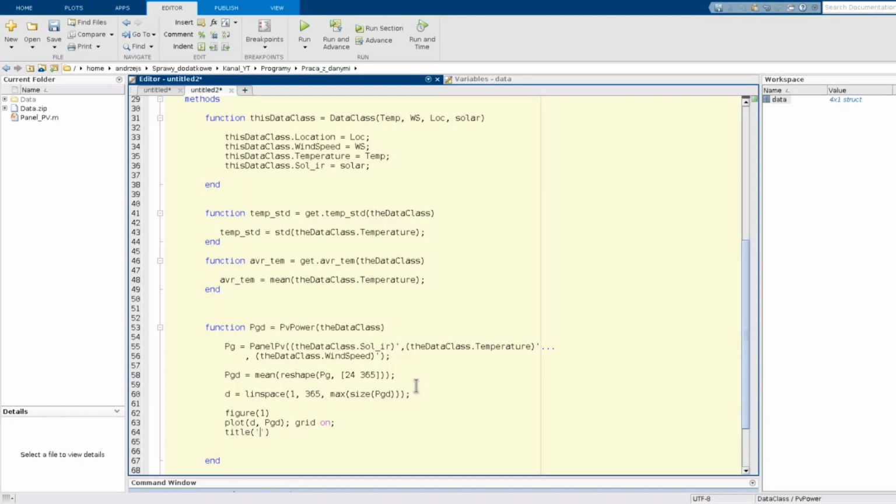The title of a plot, which will be, for better readability, the concatenation of the name of the figure, which will be the PV average power generation in, okay, and the next argument will be the location. Okay.